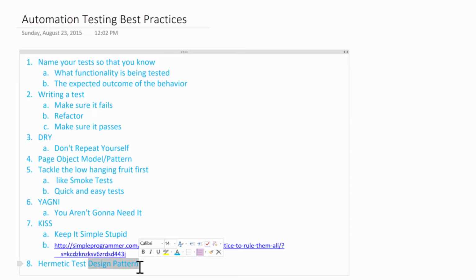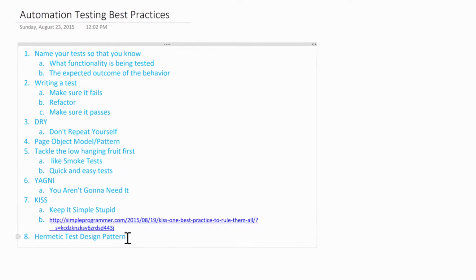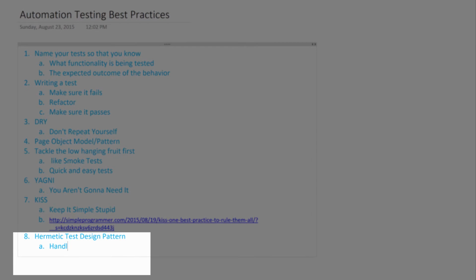So people created what they call design patterns to help us deal with the problems that we face every single day. And one of those design patterns is called the Hermetic test design pattern, that states that a test should be fully responsible for itself and should not be tied to any other test. So this means that